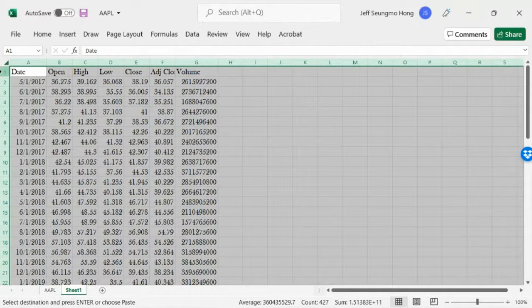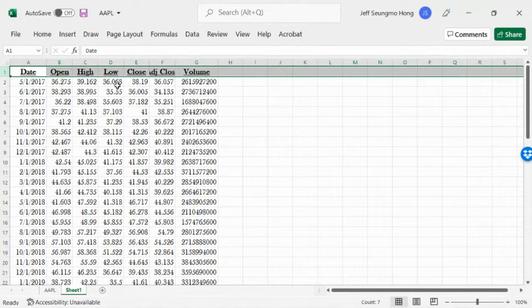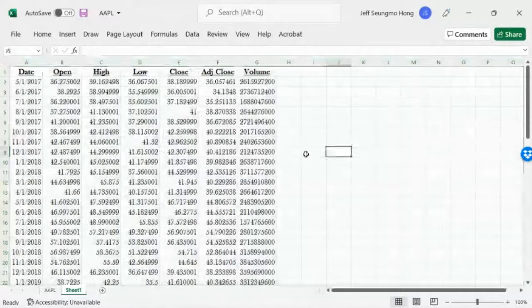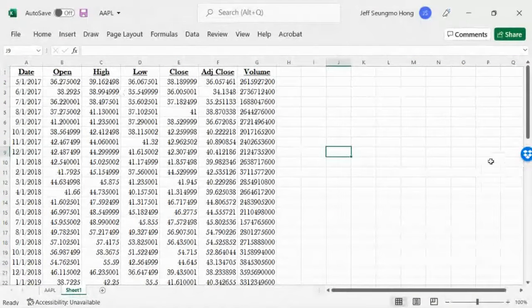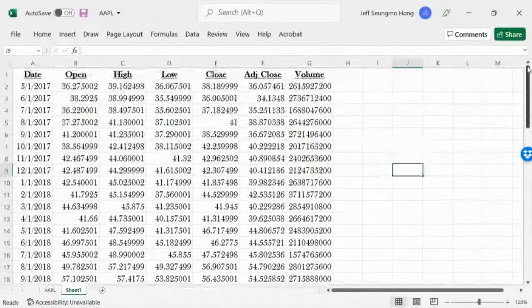First, I'm going to underline, bold, and center align the labels, and expand the column width. The first thing I want to do is